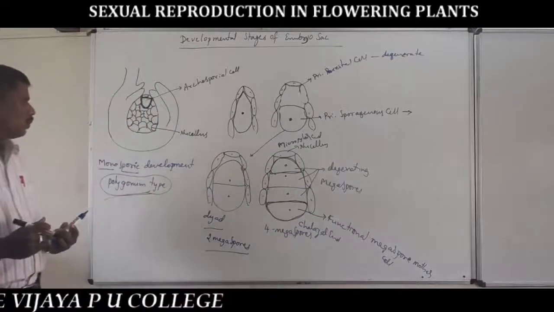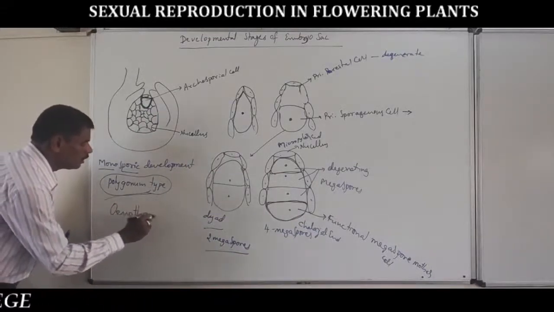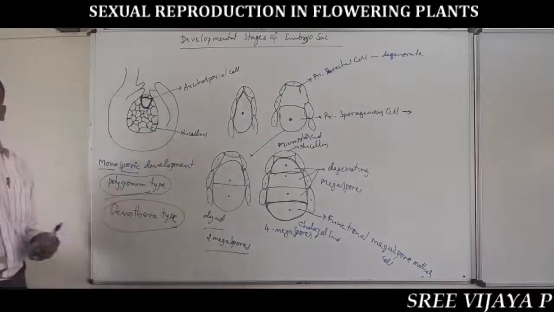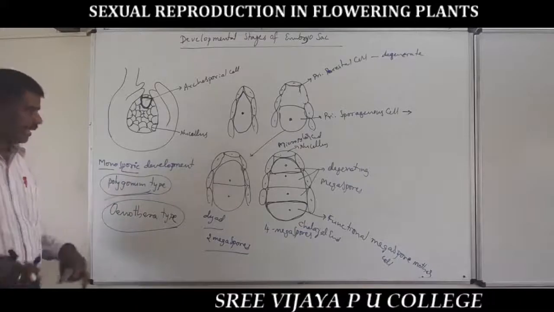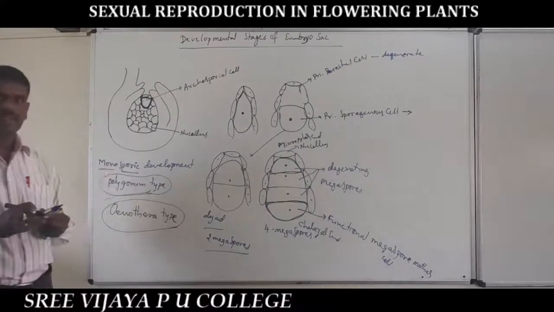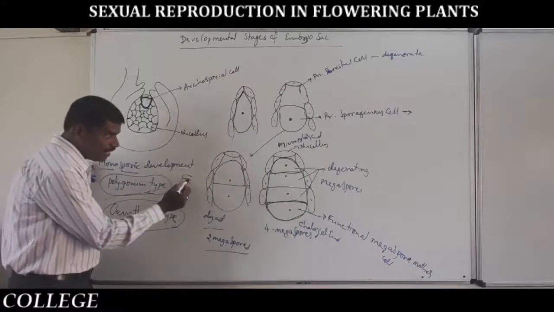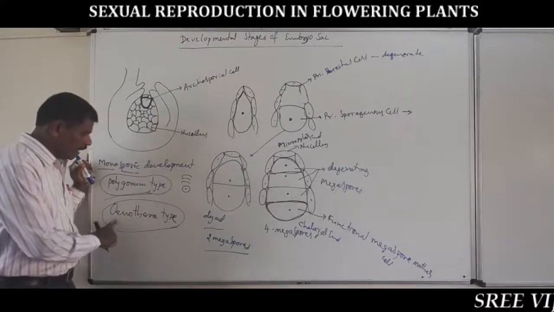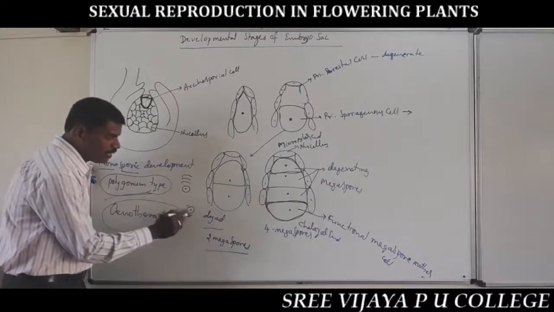The type we call Enothera type of development. So polygonum type is also monosporic development of embryo sac. Enothera type of embryo sac development is also monosporic. Here in polygonum type only the megaspores are degenerating, and the remaining one is the functional megaspore. But in Enothera type, one of the megaspores is remaining towards the